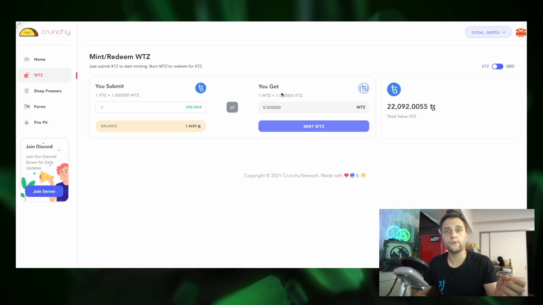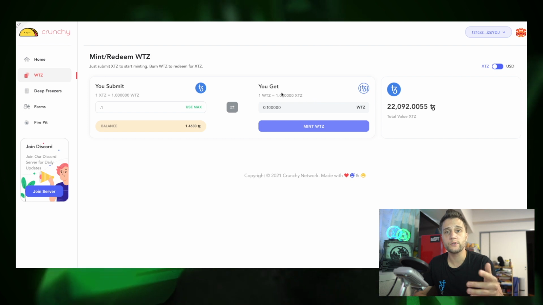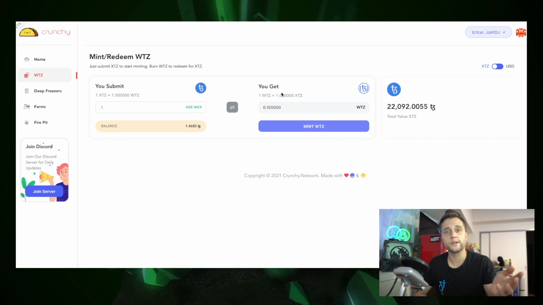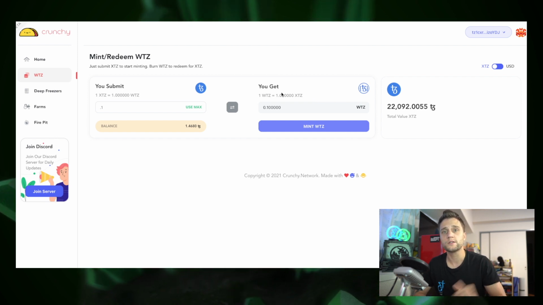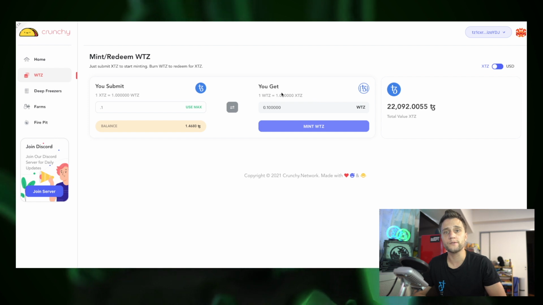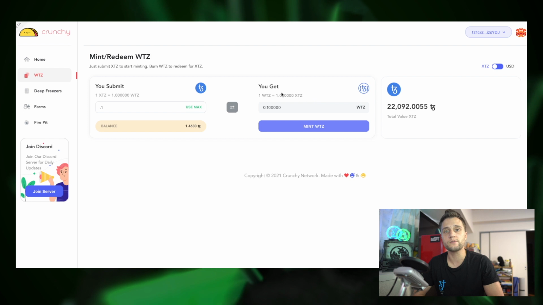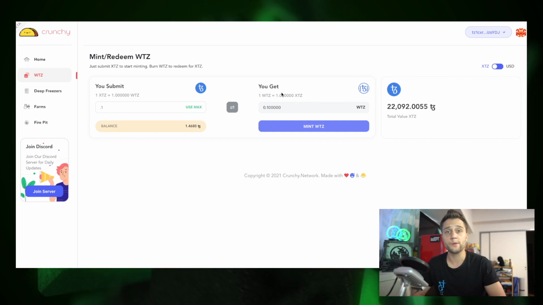Now, one thing to note before you do this: as of right now, you can only add liquidity. There's no way to remove the liquidity, so you won't be able to see your liquidity balance in the pools. So it's a bit of a risk. Please, like I said, do this at your own risk. Don't do this if you don't believe in the project or you aren't sure, and you don't want to put a whole bunch of money in a place where you don't know how to take it out. There might be a way to take it out via the smart contracts, but that's a bit more complicated, so